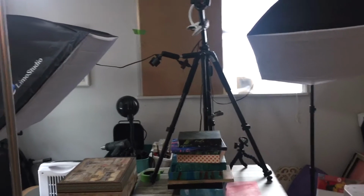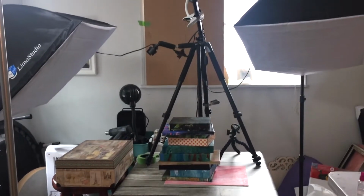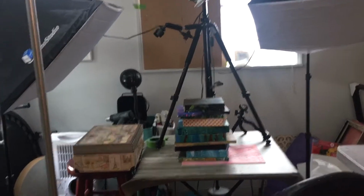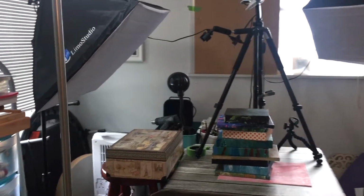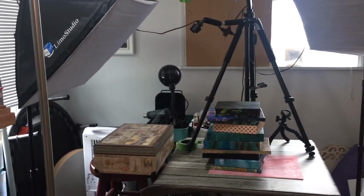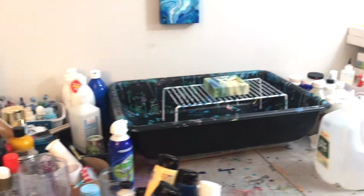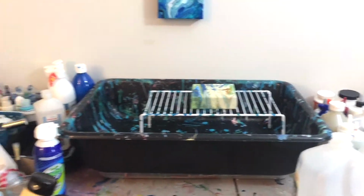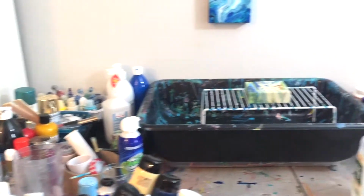This is the area where I film, and these are my lights and my tripod. It's very tight in here. This is a second bedroom in my home, in my apartment. This used to be my daughter's bedroom, and now it's my studio, so there isn't a lot of space, but I do have 2 big tables in the room, and there is some room to walk around. I try to have stations when I can, but right now it's all about pouring, so I guess you could